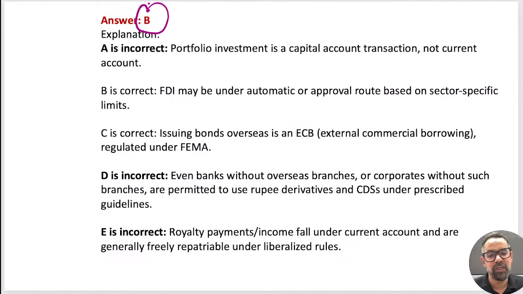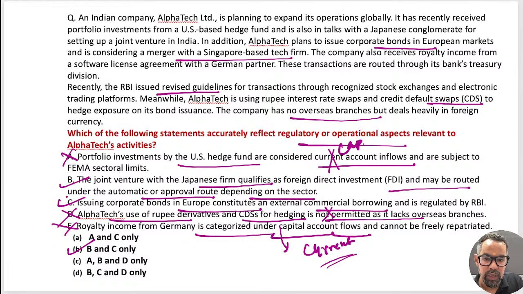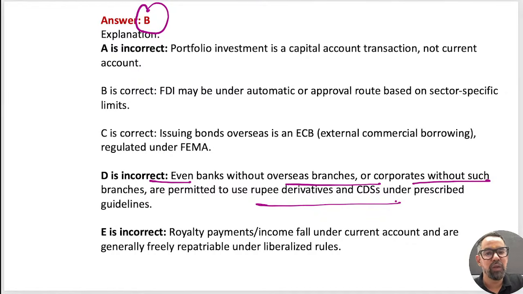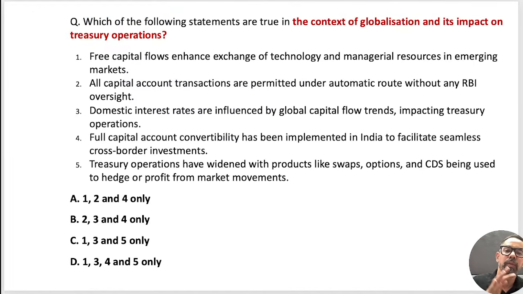So this is something which is guidelines driven. Maximum people are saying B, C, D. C is also correct, yeah, sorry. C is also correct. B, C and D is wrong here, okay. D is wrong guys. So D is wrong, even a bank without overseas branches, a corporate can do this. This is something that is an international product, so anyone can enter into these particular things. It is not like you have to maintain a branch, then only you will be able to enter into these kinds of instruments, right? That is an instrument, so as an institution you can purchase that. Next one guys.